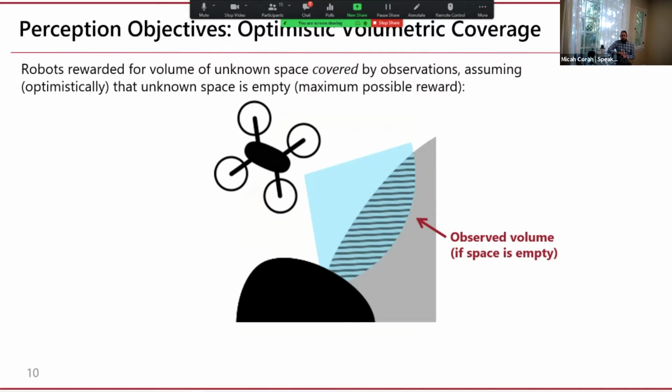So one of the first steps to obtaining behaviors like what I have shown in the previous slides is to select an objective for the perception task. For example, you may be interested in observing volumes of unknown space, inspecting surfaces, or some combination of those two goals. And you may choose to weight cells in the map differently depending on the goal of your perception task. However, objective design can be challenging even once we have a clearly defined goal, because observations of unknown environments are highly uncertain, and because the distribution over environments itself can be poorly defined or difficult to sample.